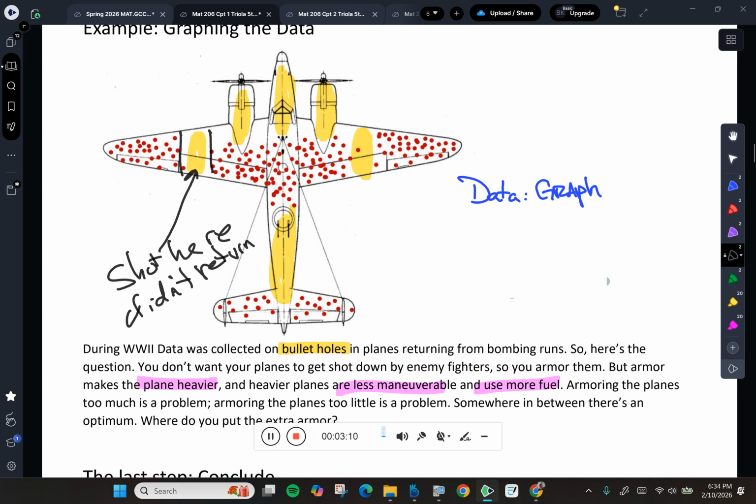if you get shot, you don't come home." So then what they decided to do is they went through and they added extra armor, extra armor, extra armor, here and here and here and here, and all those places. And essentially they increased the number of planes that would come back from bombing runs, saving lives and effectively ending